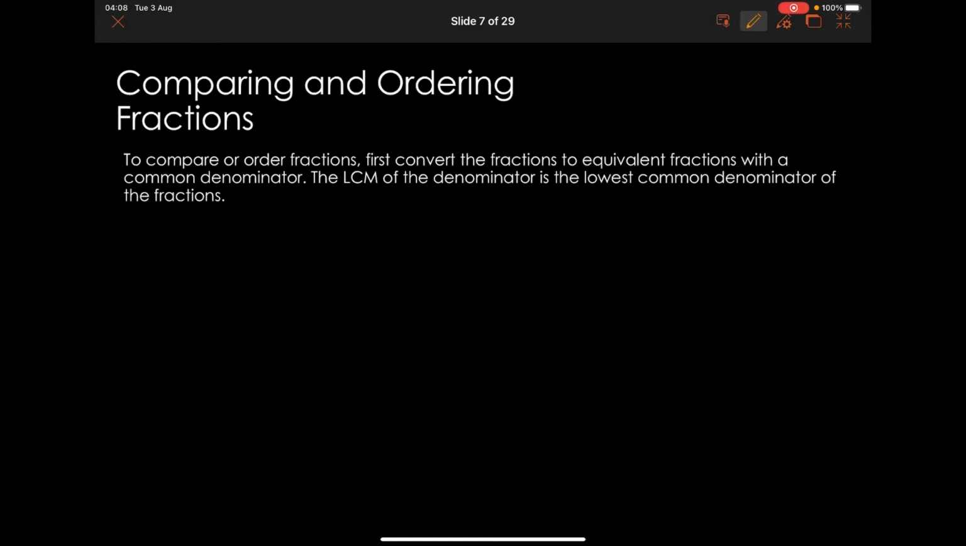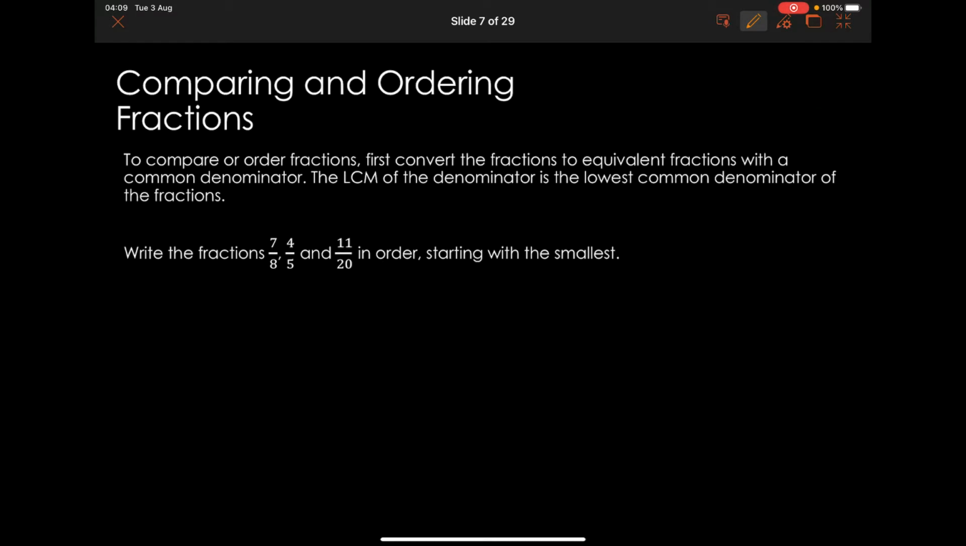Okay, so what we're going to do now is we're going to look at comparing and ordering fractions. Now, in order to compare or order fractions, you first need to convert the fractions to equivalent fractions with a common denominator, okay? So the lowest common multiple of the denominator, the bottom number, is the lowest common denominator of the fractions. So if we look at an example, write the fractions 7/8, 4/5, and 11/20 in order, starting with